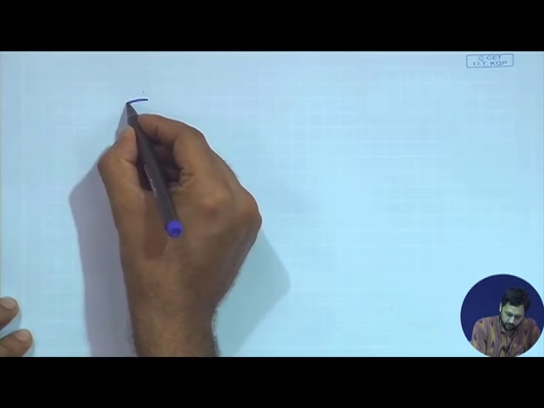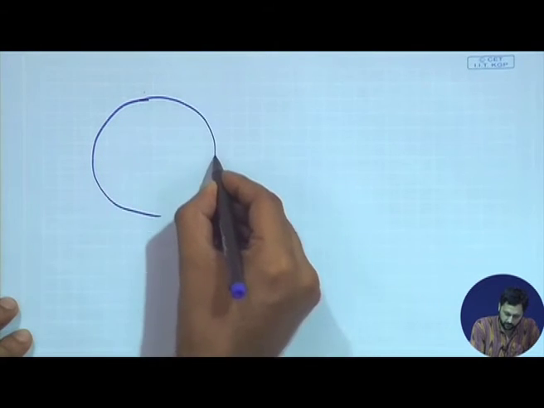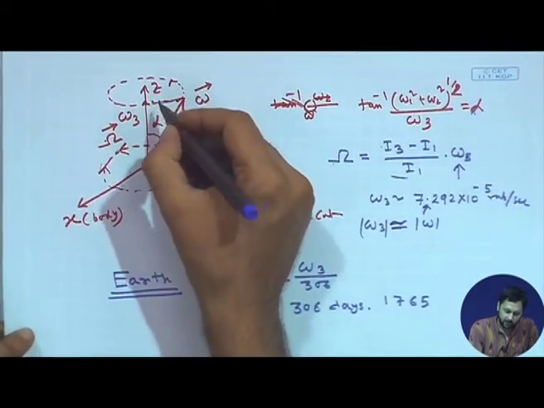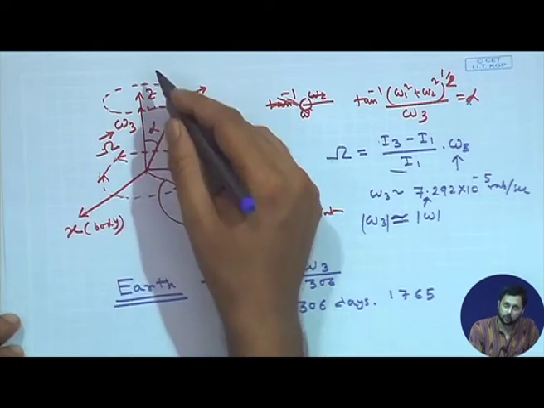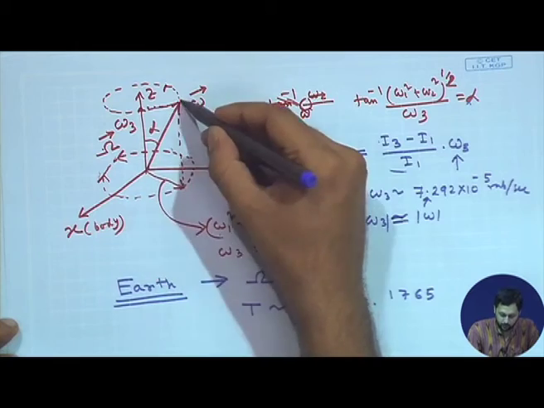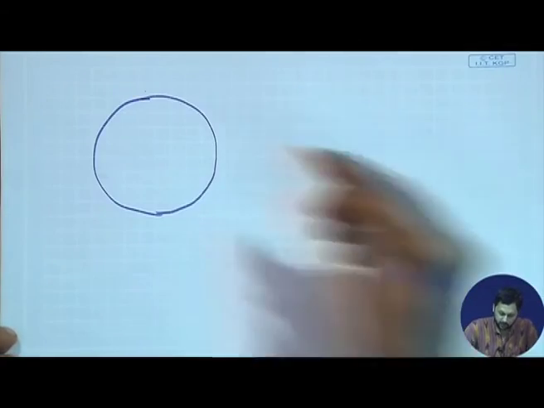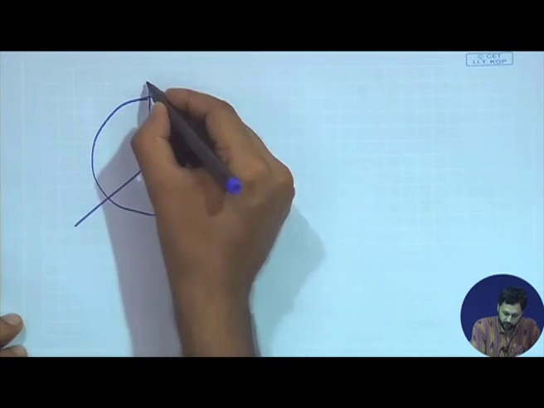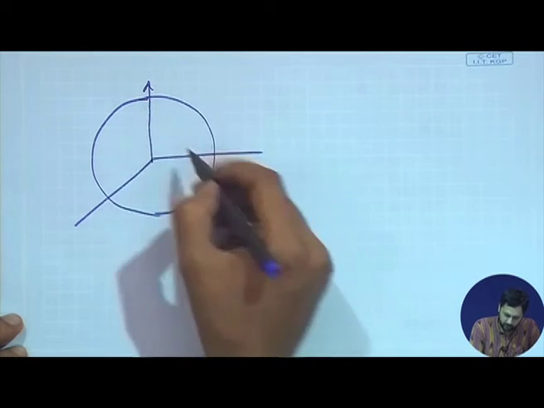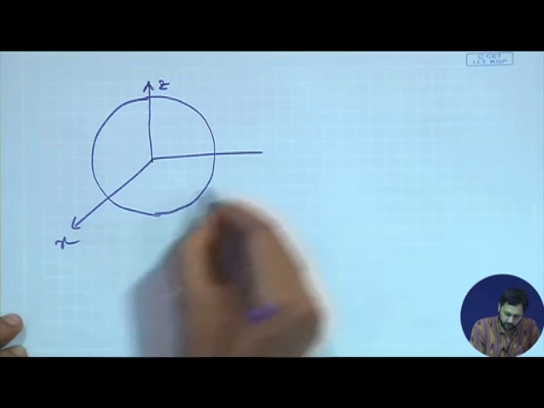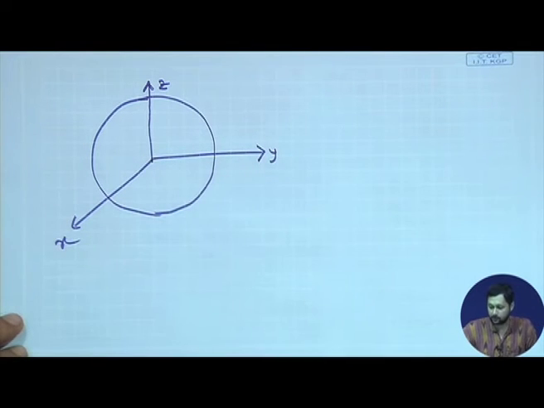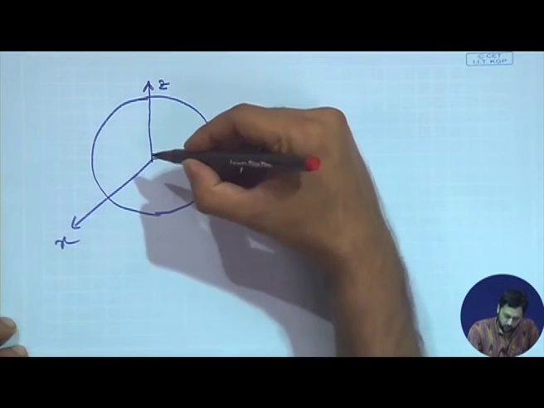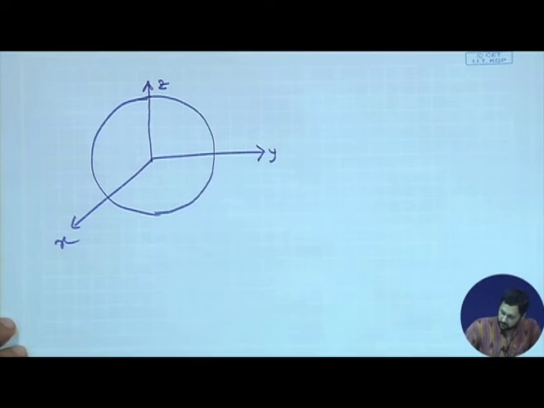So, let us say this is your Earth surface. Okay. Now, this rotation, what does it mean? That means body Z represents the geometrical north pole of the Earth. Okay. And this one, what does it represent? I will tell you in a moment. So, let us say this is the geometrical north pole of the Earth. Okay. So, it is slightly oblate in shape. So, you have Z, X and Y, and please remember that X and Y are arbitrary. We can choose them in any two perpendicular directions in this plane, right. Now, this is the geometrical